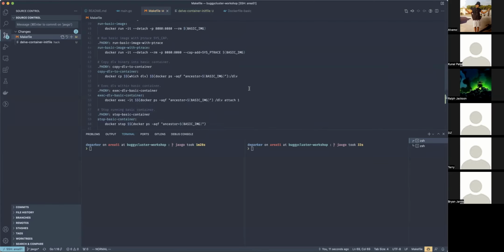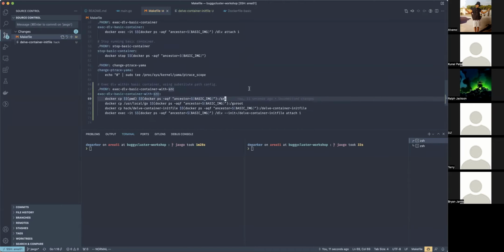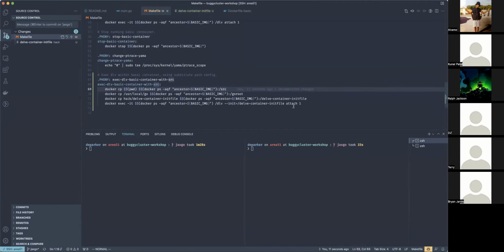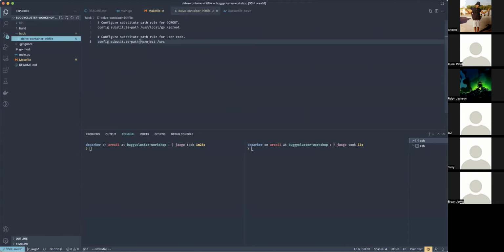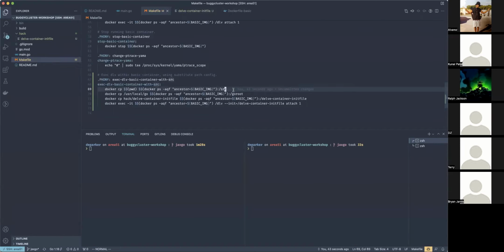So pretty much all of these commands just had a single statement, and now this one's a little bit more involved. So let's take a look at what's actually happening here. The first thing that we're doing is copying the current working directory to a location within the container at source, right? So when we go back and look at the init file, we see we want to replace project with source. And that's why, because that's where we're going to copy the source code into the container's file